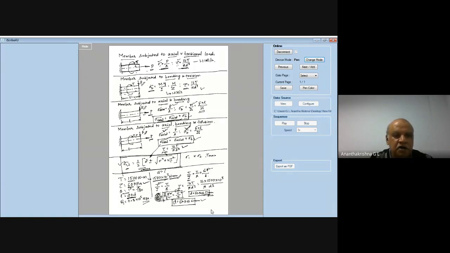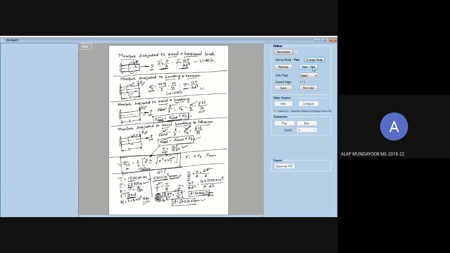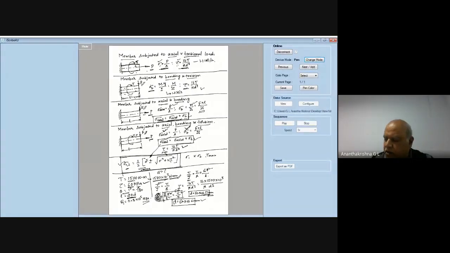Finished now? Others finished? We'll go to the next problem. Here we'll be considering the higher value of D only, sir? Yeah, here we have one value as 51 mm, another value as 61 mm. We need to adopt the higher value of diameter for a safer design. So here, adopt D is equal to 61 millimeter. Just write that sentence.